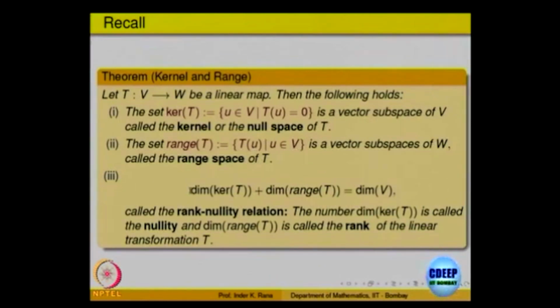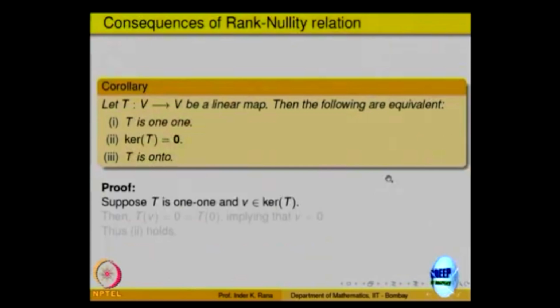Not only that, they form a relation called the rank-nullity relation: the dimension of the kernel, that is the dimension of the null space, which is a subspace of the domain, plus the dimension of the range of T, which is a subspace of the codomain. If you add these two together, you get the dimension of V, the domain space. That is the Rank-Nullity theorem, and as a consequence of that we stated this theorem, namely if T is